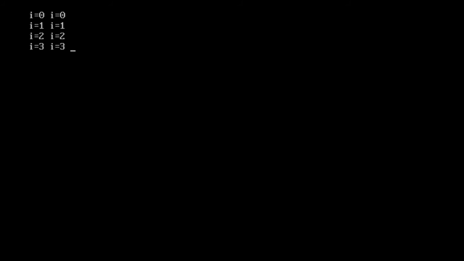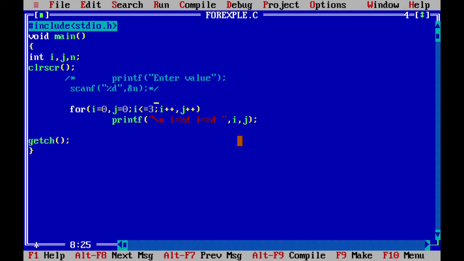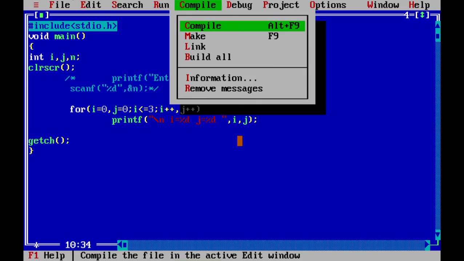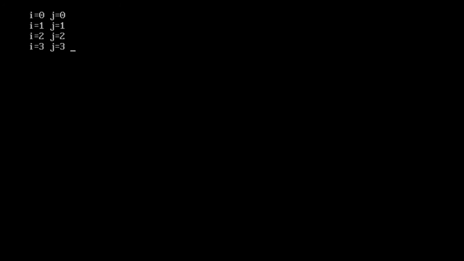Now you can observe that i is equal to 0 initially and j is also equal to 0. After that I incremented the value of i by 1 and j also by 1. So both values go from 0 to 3.